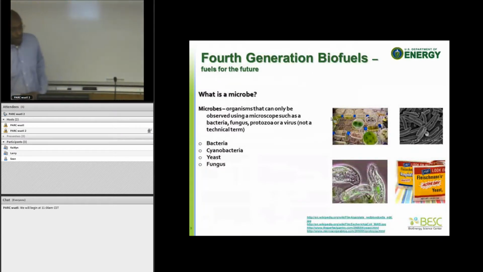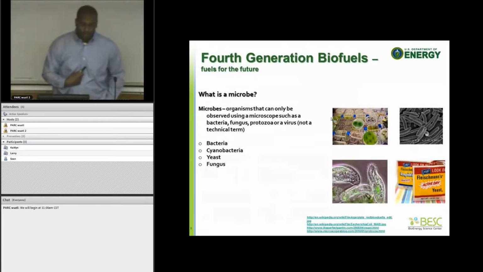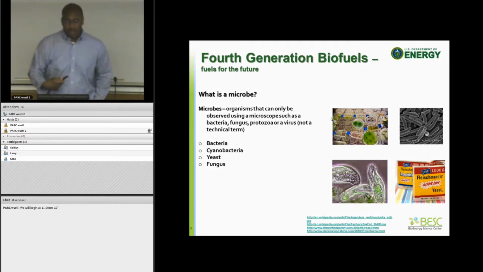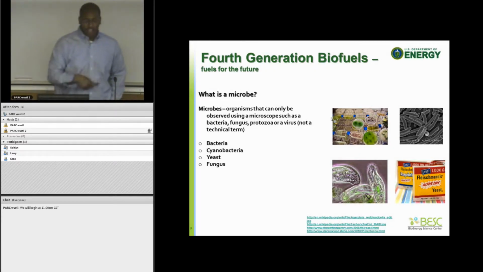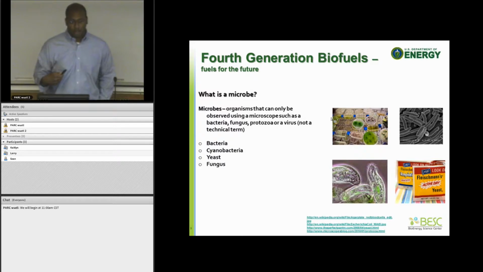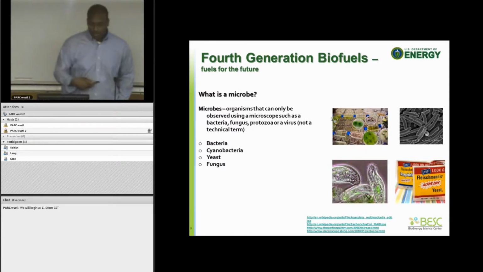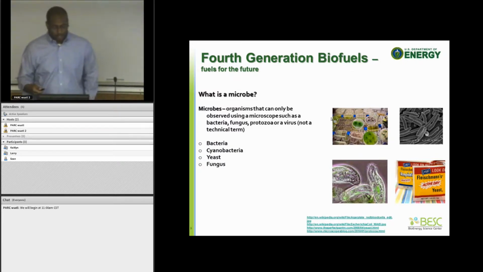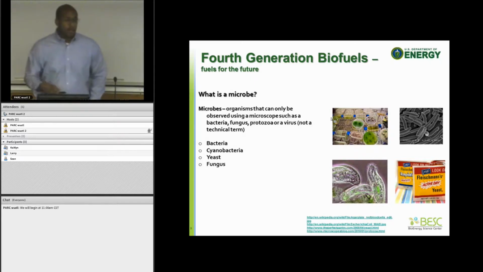And then fourth generation biofuels, which again are the fuels of the future. We use engineered plants and we use engineered microbial systems. What is a microbe? Well, a microbe is essentially anything that you can see in a microscope, so bacteria, fungi, protozoa, those types of things. And what we do is we engineer the plant to make it less recalcitrant, and we engineer the microbes to make a more efficient enzyme, or to reduce the number of steps,